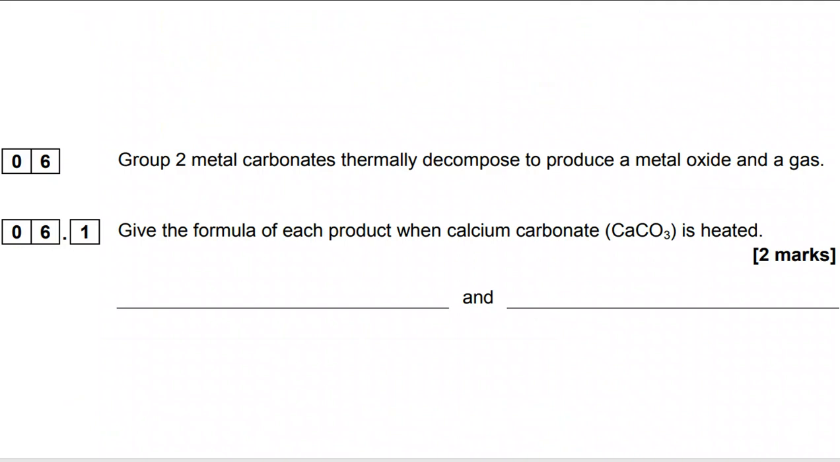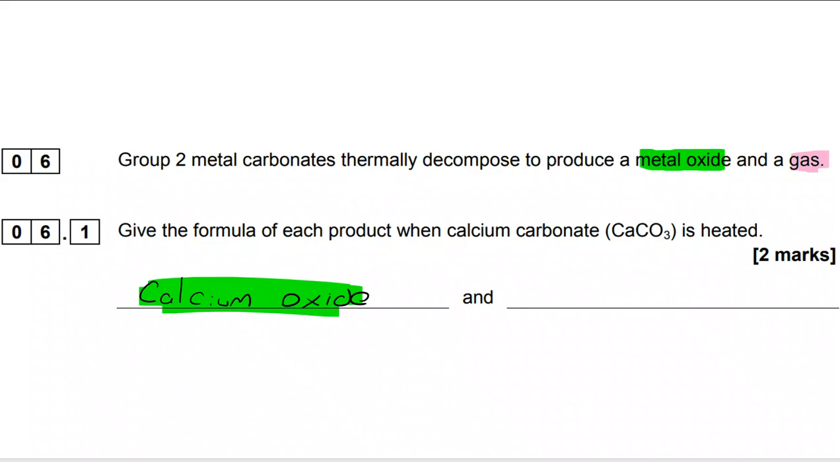Group 2 metal carbonates thermally decompose to produce a metal oxide and a gas. Give the formula of each product when calcium carbonate is heated. Well, the clues are all in there in the question. A metal oxide from calcium carbonate, well, that is going to be calcium oxide. And when we thermally decompose a carbonate and we make a gas, the gas that we always make is carbon